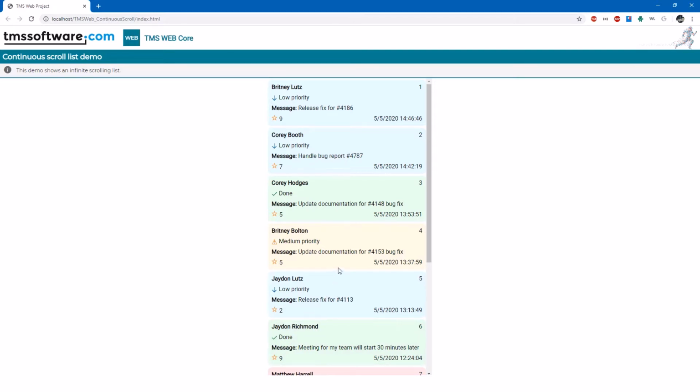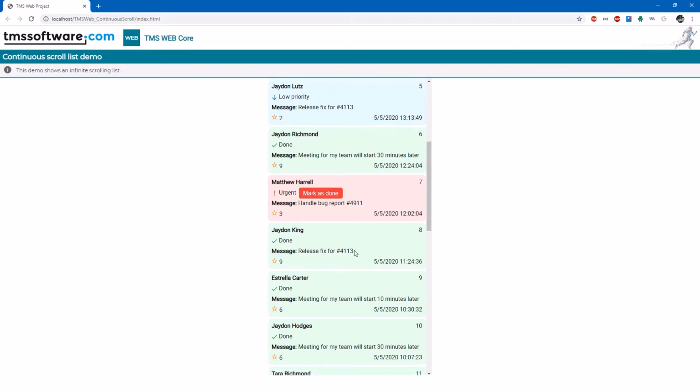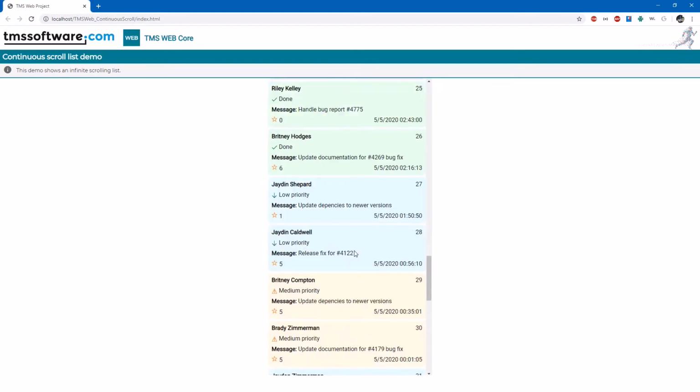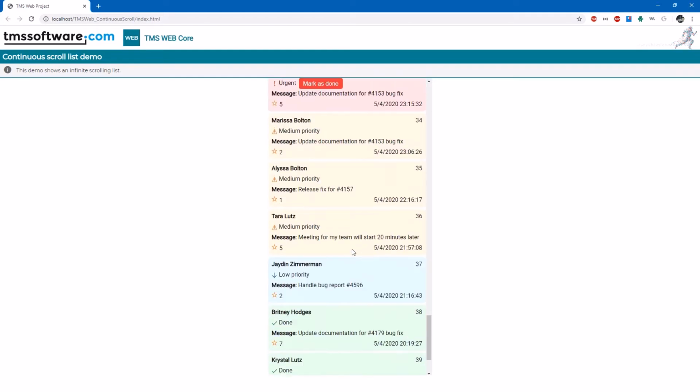The key of the component is that if you scroll down, at some point you reach the end of the list, and then you see a tiny little wheel turning and more messages are being retrieved from the server. So this is great if you have a huge data set that you need to scroll through step by step, or if you have a chat client, message client, and you don't want to show all those messages again, but you still want to have the ability to scroll through them. If only the last 10 are important to you, you still have the option to scroll through them